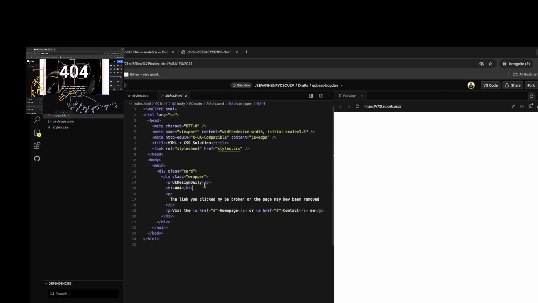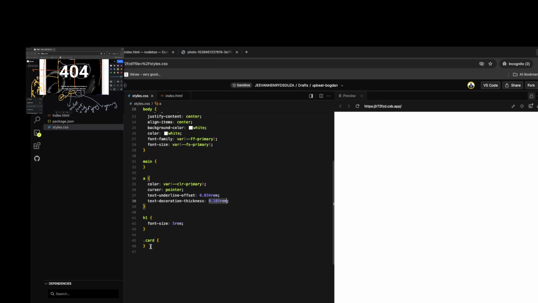We need to work on this text, right? So I can have this wrapper and we can work on the rest later. Let's have the wrapper in place. So this is the wrapper, and this is the first one. So we are talking about